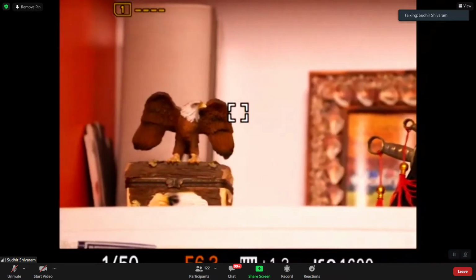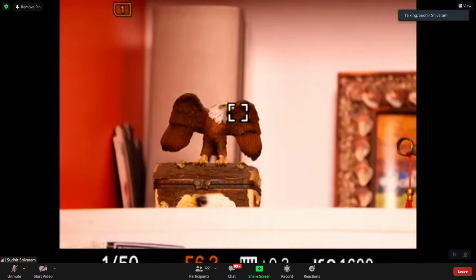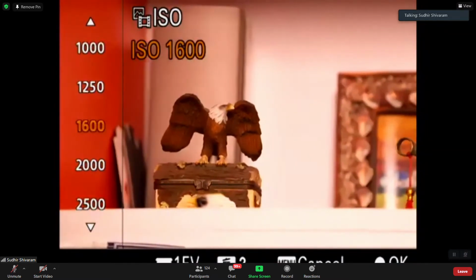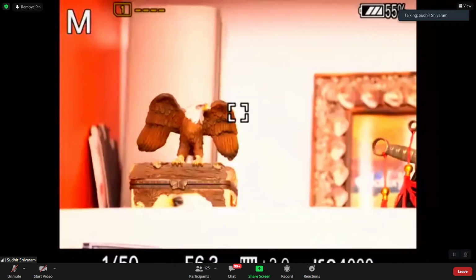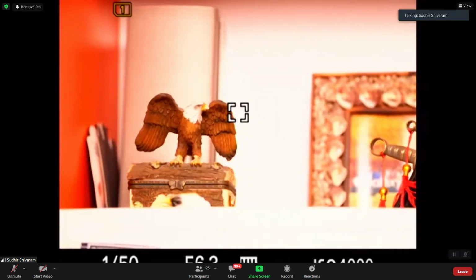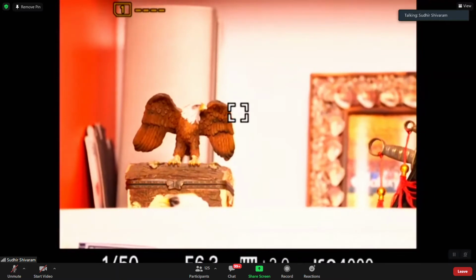Now come the other two parameters. What I generally do when we talk about manual exposure is choose a little bit high ISO. Let's say I choose ISO 4000. So ISO 4000 is kept and f6.3 is kept. Now the other one is the shutter speed. Here, if you see, that scene is already overexposed. You can even see that +2 is blinking. That means it is overexposed. So in this scenario, I only play around with the shutter speed.